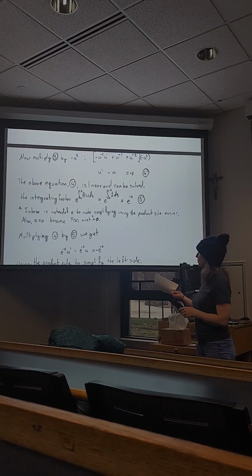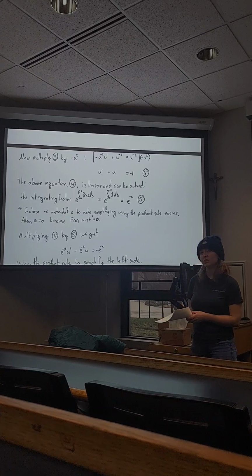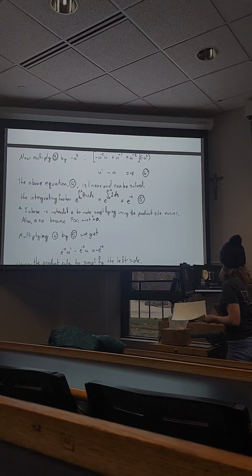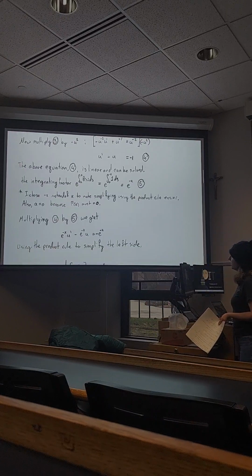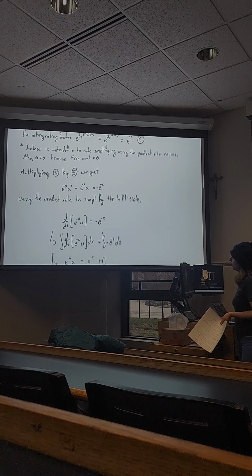And also we chose a to be 0 in this case because we want f of a equals 0 when we choose a. So let's multiply equation 4 by equation 5, which is our integrating factor, and we get this